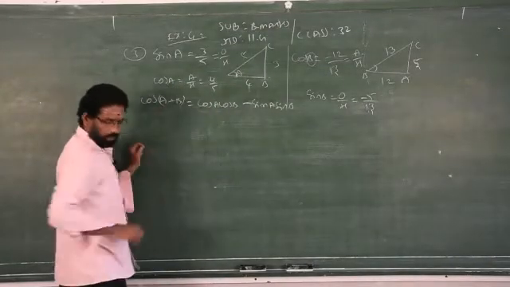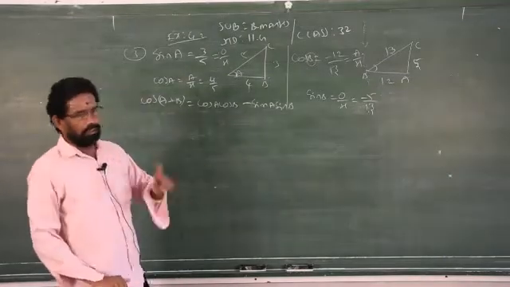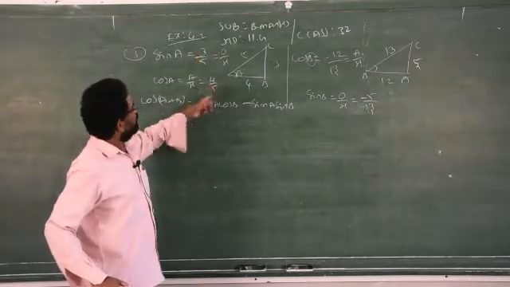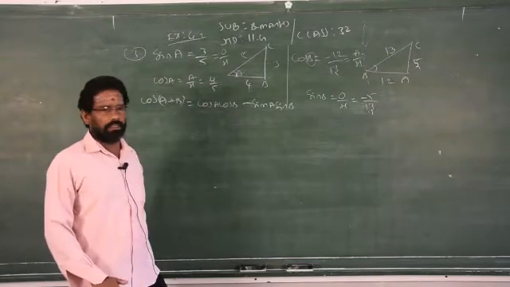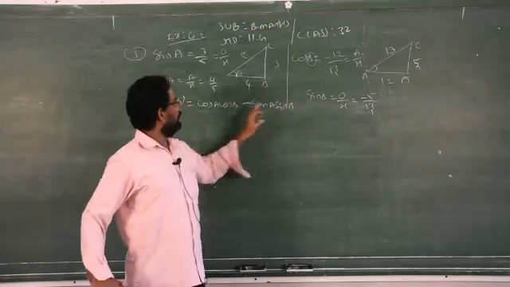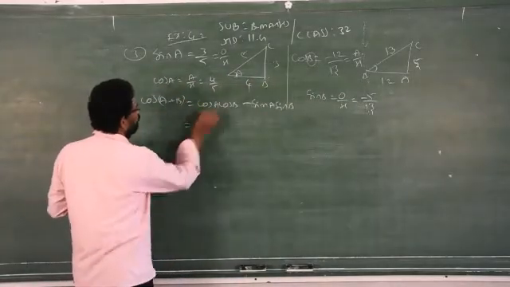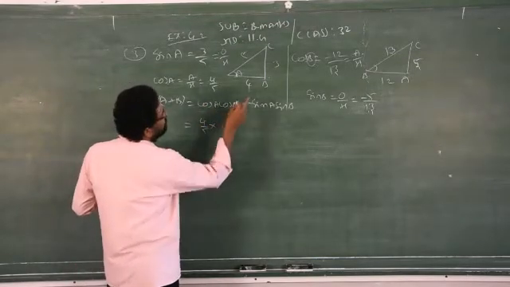Cos A I found, because A comes in the first quadrant, that is 0 to 90, where all the ratios are positive. So there is no need to use a negative sign. Cos A, sin A, sin B and cos B, everything I know, you just have to substitute this information in the formula. Cos A is 4 by 5 into, what is your cos B?